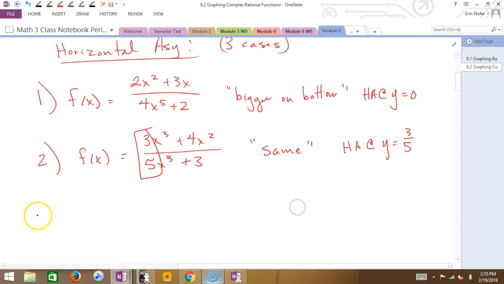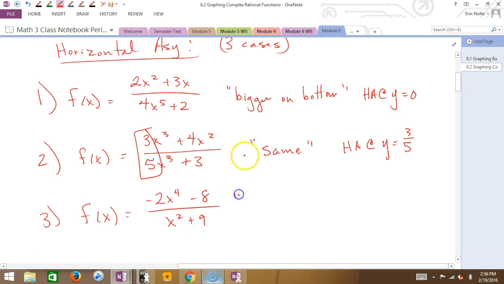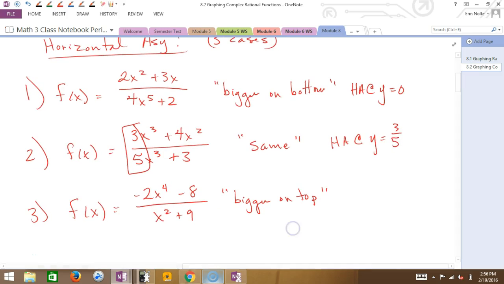The top is bigger. Exactly. Okay, so top is bigger. Let's just say we have negative 2x to the 4th minus 8 over x squared plus 9. Okay, so if it is bigger on the top, there happens to be no horizontal asymptote. No horizontal asymptote. But if it is a rational function, there is an asymptote,